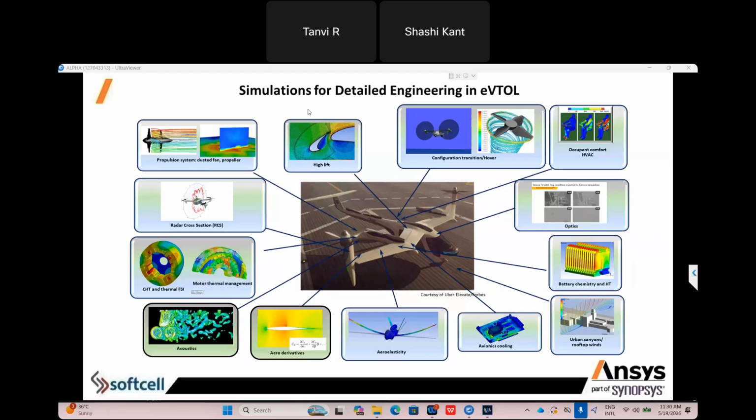This software will solve the complete simulation, and it can give you the results at the end for the 100 iterations: which iteration is good as per the requirement, and which is more efficient in terms of electricity consumption and in terms of the strength analysis. So these all things can be done in a very smooth way, called parametric optimization.